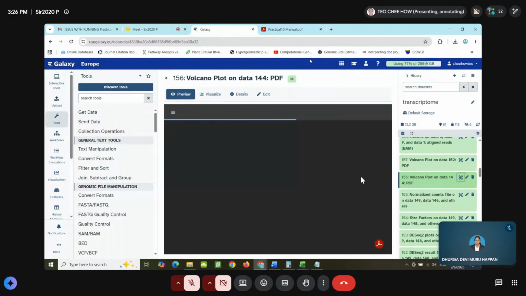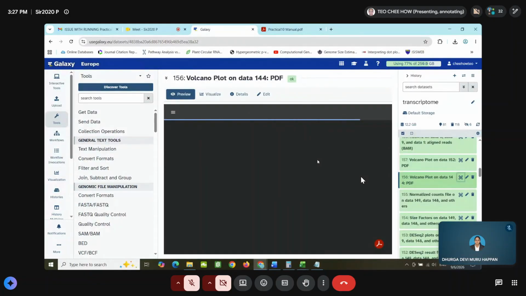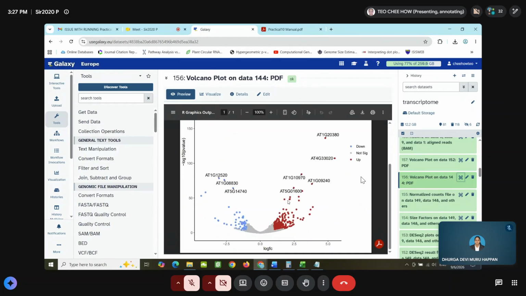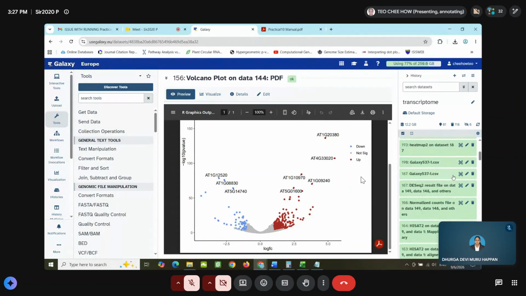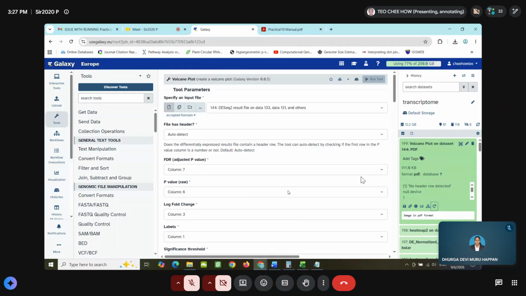It's the same. Somehow it didn't draw the line. I want to draw the line between, let's say, one and also this, but somehow it does not allow me to draw the volcano plot.